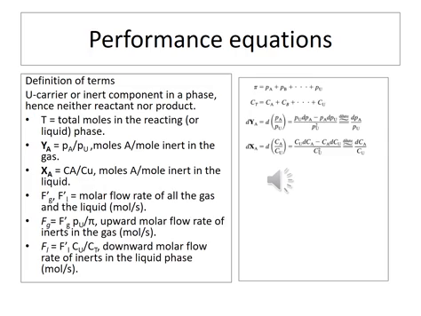Xa is concentration of A over concentration of inerts, and these are the molar flow rates of gas and liquid respectively, whilst Fg is upward molar flow rate of inerts in the gas, and Fl is the downward molar flow rate of inerts in the liquid. Then we have also these terms where pi is the total pressure, Ct is the